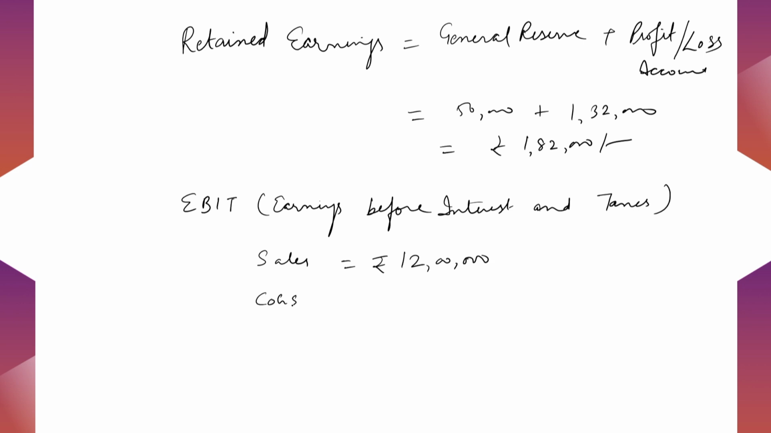cost of goods sold is 75% of sales, equal to 9 lakh rupees. So, from here we can calculate our gross profit, which we know would be